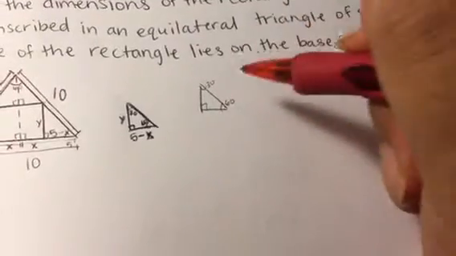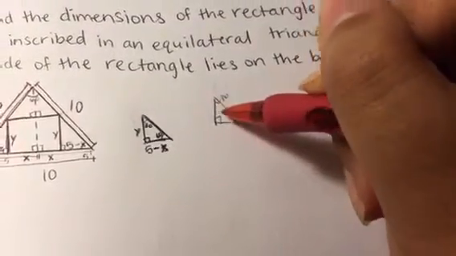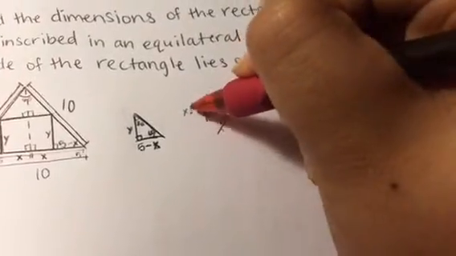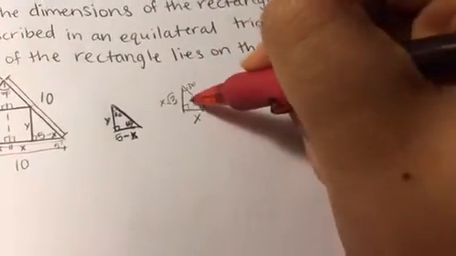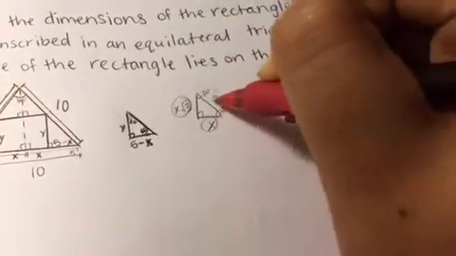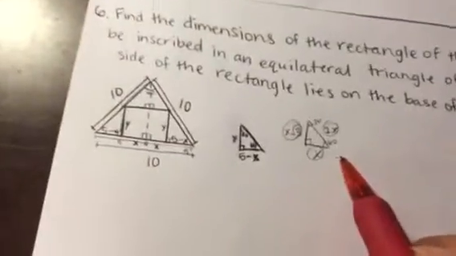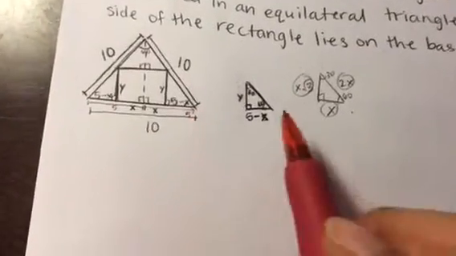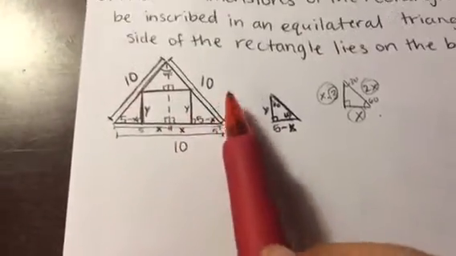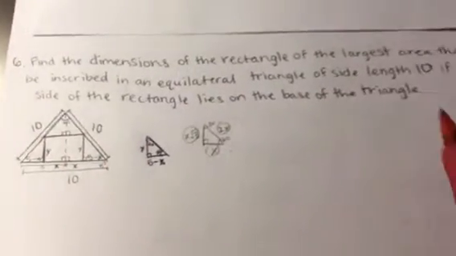With 30, 60, 90 triangles, the rule is that across from the 30 is x, across from the 60 is x rad 3, and then across from the 90 is 2x. So we can apply these values to this triangle. But first, we are trying to find the largest